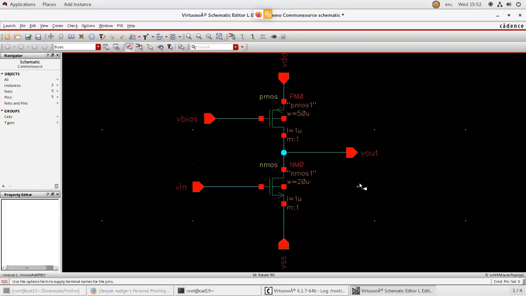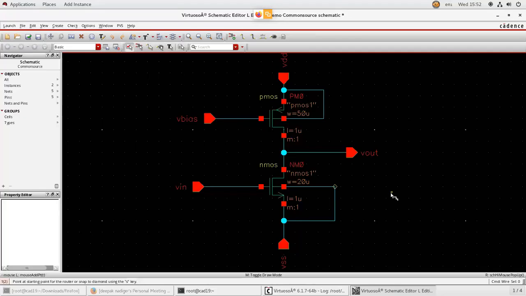Okay. So you have done this. So you have placed all the pins. Okay. Next, you make the substrate connection. So from the previous design, you know that the substrate of the PMOS will always be connected to the positive supply, and the substrate of NMOS will always be connected to the negative supply or to the ground.